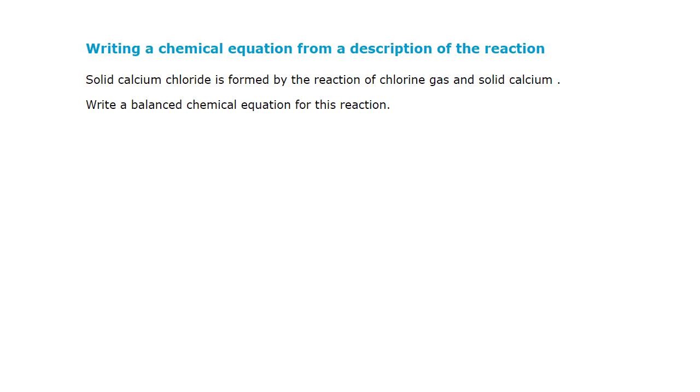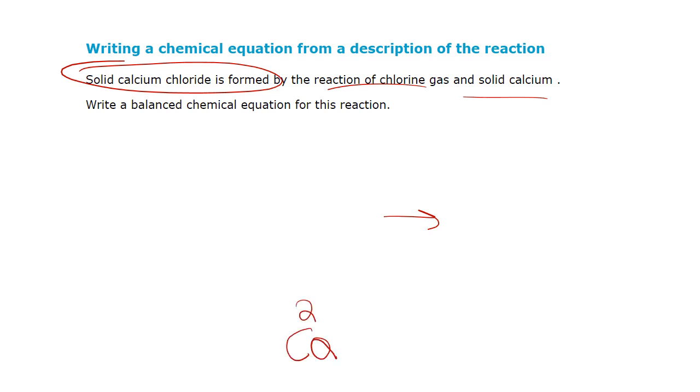Now here we have solid calcium chloride formed by the reaction of chlorine gas and solid calcium. Make sure when you read these that you know that "formed" means it is going to be on the right. If it's an ionic compound, we have to look at the charges. So calcium is a 2+, chlorine is a 1-, and therefore calcium chloride is CaCl2,